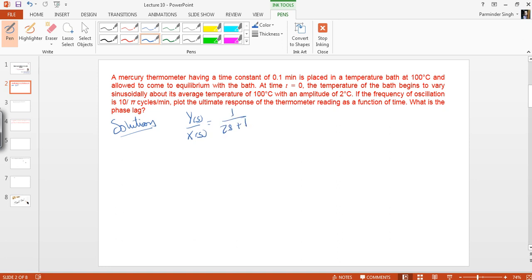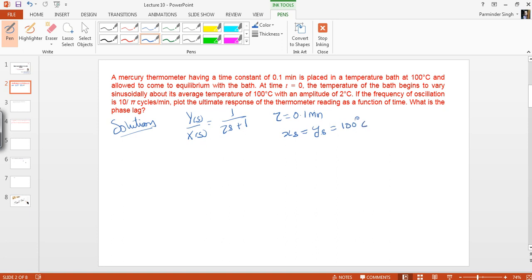The time constant is given, so tau is 0.1 minute. Further, the initial steady state is given, that is the surrounding temperature is the same as the thermometer reading, which is 100 degrees